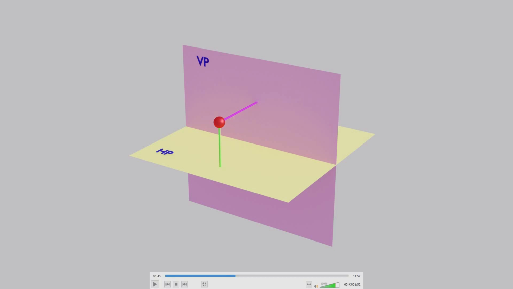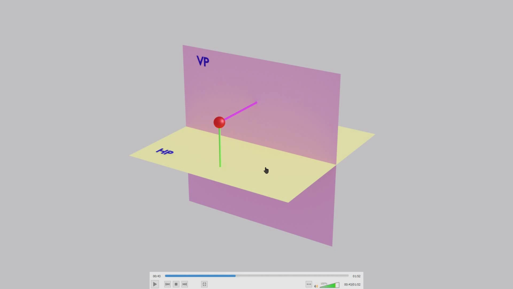This is important because when you're drawing the two-dimensional figure, this length will be very important. That length should be drawn on this thing. And this green line is the distance of the object from the horizontal plane. Pink line, distance of the object from the vertical plane, and green line, distance of the object from the horizontal plane. In all four quadrants, these colors and the purpose of these lines will remain the same.